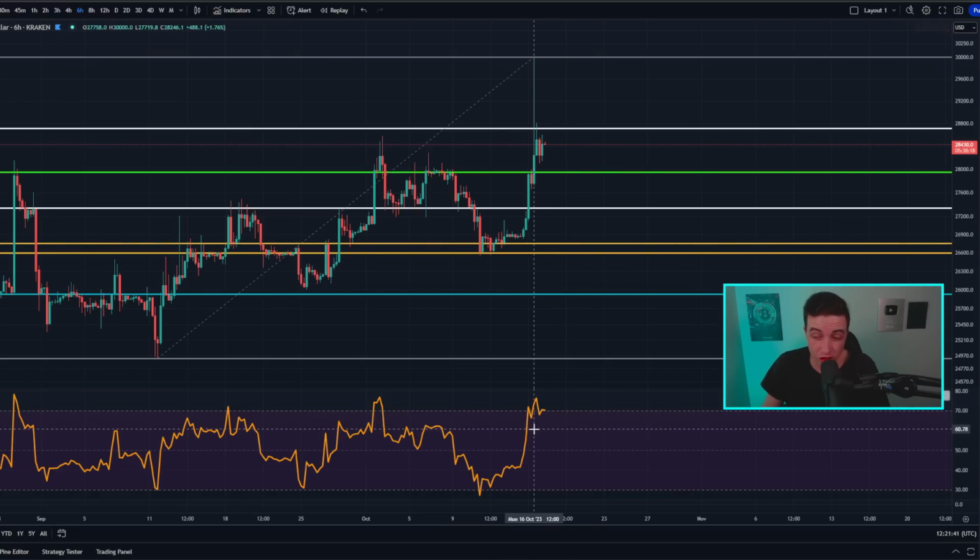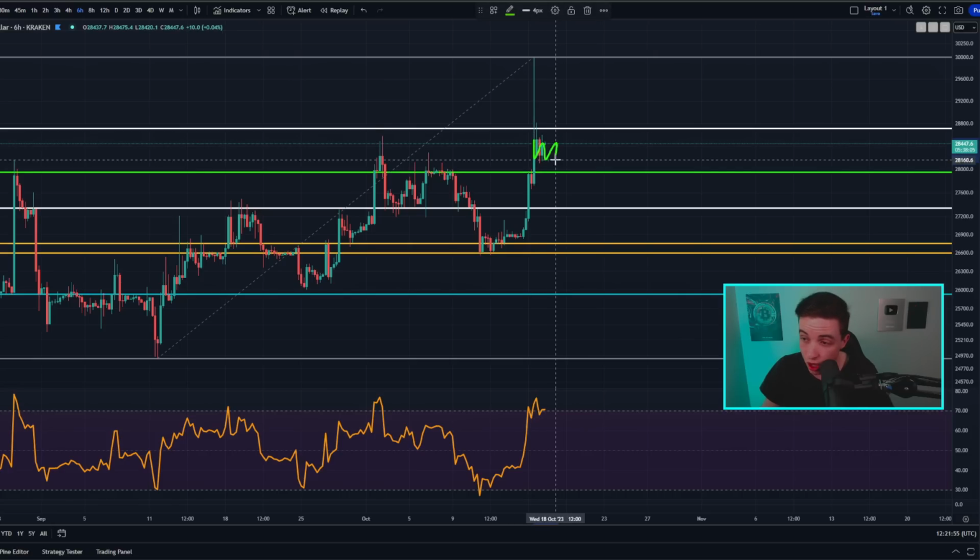And it is worth mentioning that, of course, the 6-hour Bitcoin RSI is still basically sitting in overbought territory, which once again, as I said in my last video on the channel, means we're likely due to see either some choppy sideways price action, if not a slight pullback to help reset the RSI, because basically right now we are overheated after that massive move to the upside.